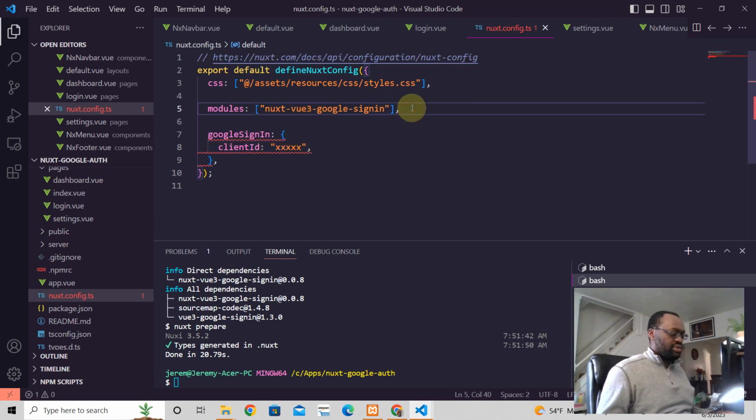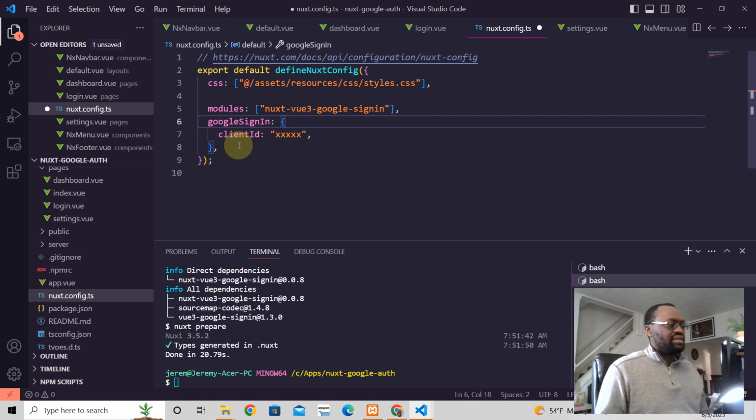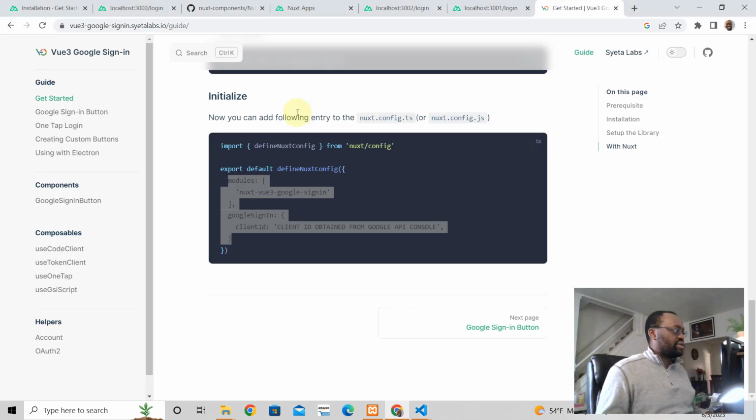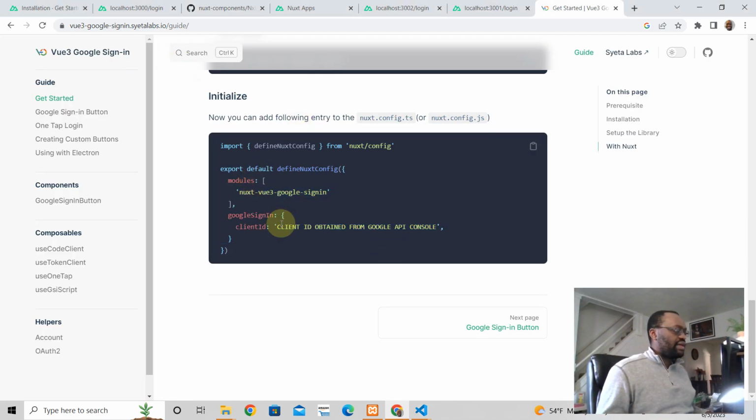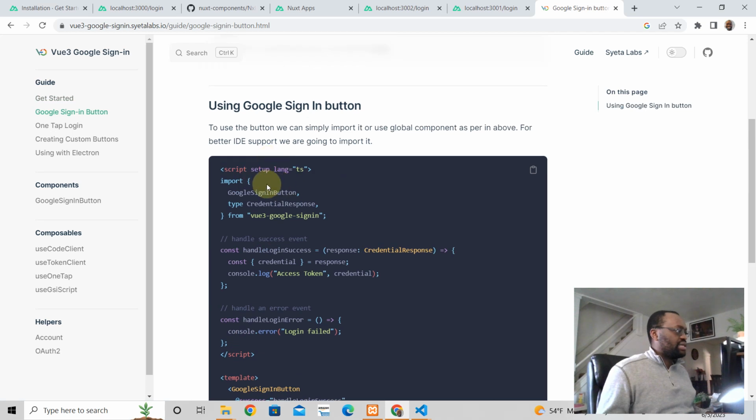And now why isn't this working? All right, so save. Now this of course isn't a real client ID, but we're going to see how this works. So we have that, and that's good. The next part, we actually need to add our Google Signin button. Wherever we're going to add it, we need to import this like this. So we're just going to grab this,